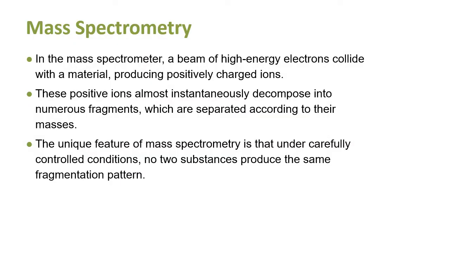Now, mass spectrometry is another very powerful and precise method, and in it we basically take the compound and energize it with some high energy electrons, and then fragment it into multiple different pieces. And from measuring the mass of those pieces, I can do a jigsaw puzzle and determine what the original compound was. Different compounds are going to fragment in different patterns, and that pattern is very unique and fingerprint-like. So no two substances are going to have the same fragmentation pattern. So this is wonderful,